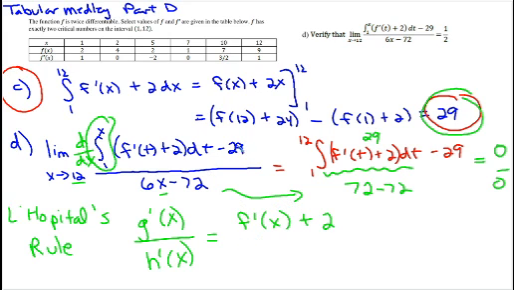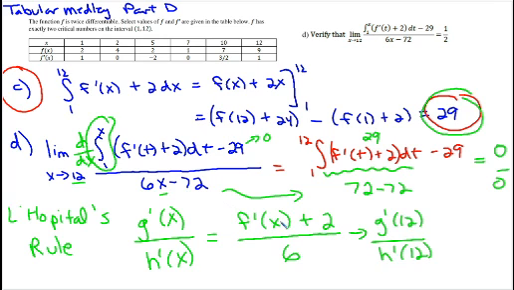All right? What's the derivative of 29? 0. Okay, so we do the derivative of the integral, which gives me f prime of x plus 2. The derivative of 29 is 0. The derivative of the bottom is just 6. And now I need to do g prime of 12 over h prime of 12. I need to plug in 12 here. So I have f prime of 12 plus 2